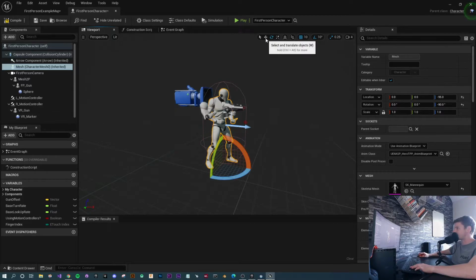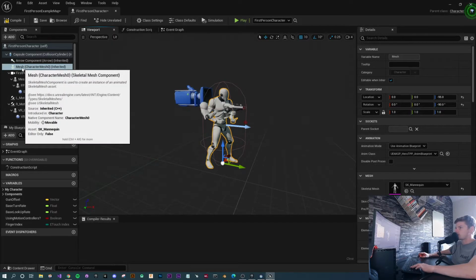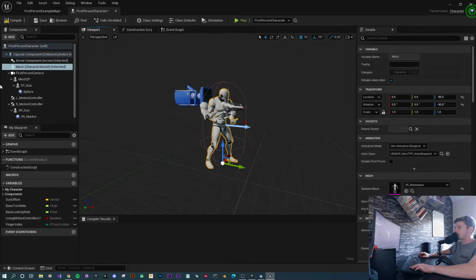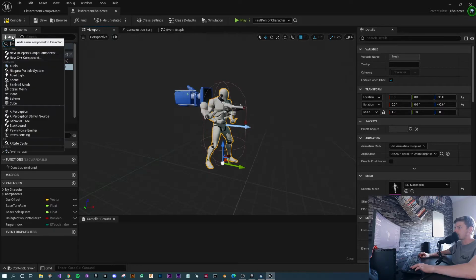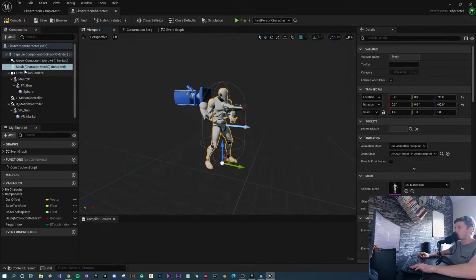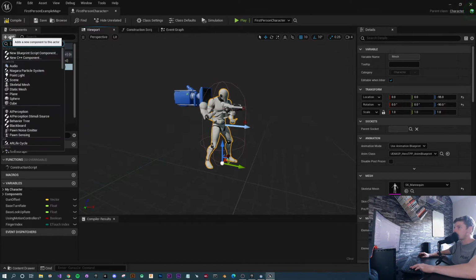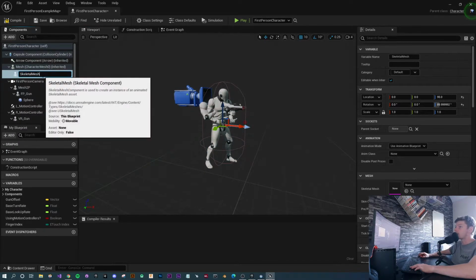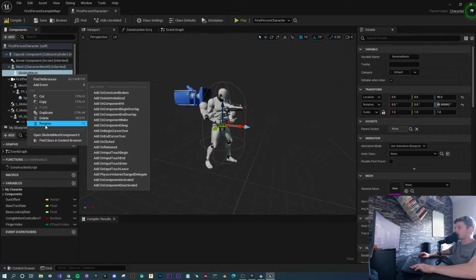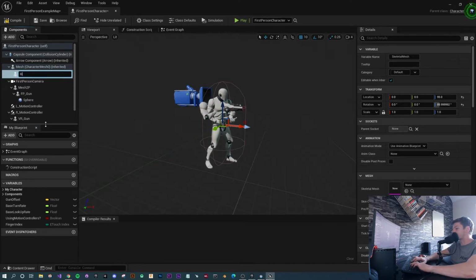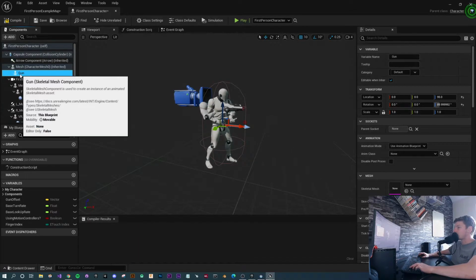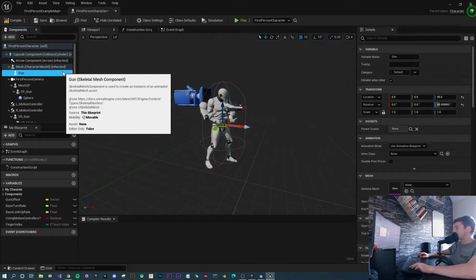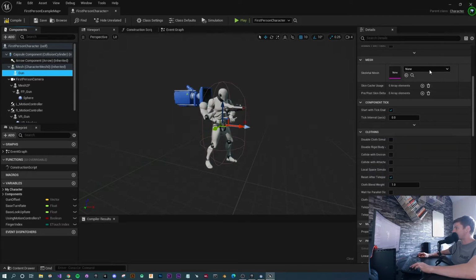Now, this tutorial is obviously not about setting up the weapon to work how you'd like it to, but I'm just going to quickly chuck a quick and dirty sort of mesh in there to make it look better. So I'm just going to press add. Now I'm doing this with the mesh selected. I'm going to press add. I'm going to go to skeletal mesh because the weapon is a skeletal mesh, and I'm just going to change this to, I don't know, gun in this instance, but you can put it as weapon or whatever he's holding. So under the gun, now I'm going to go to skeletal mesh, and I'm going to select the